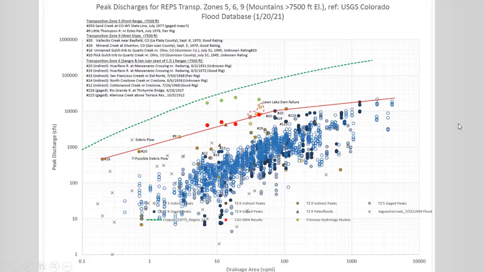Here, the guidelines include regional peak flow envelope curves. This is a plot of observed peak flows and paleo peak flows versus drainage area, log scale. And we've divided these up into regions. This is for the mountains, the central mountains above 7,500 feet. And